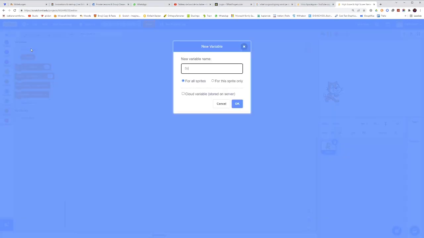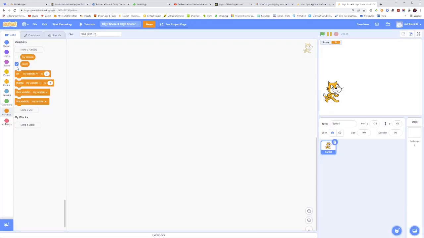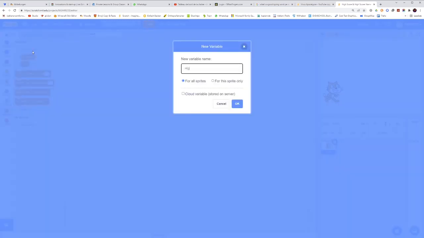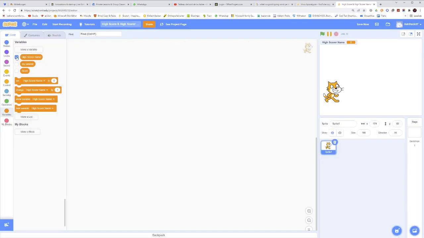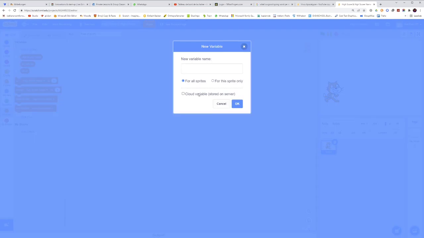One is called the score, which is just going to be the score that the player will have achieved, or if your goal is to beat the game as fast as possible, then you call this one timer or whatever. Then make another variable, call it high scorer name, and then make two other variables, which is the high score, and this one should be stored on the server, so make it a cloud variable. And then another cloud variable, which is called high scorer name as number,